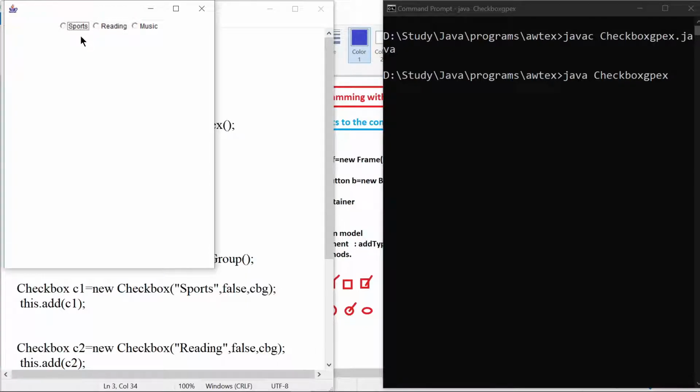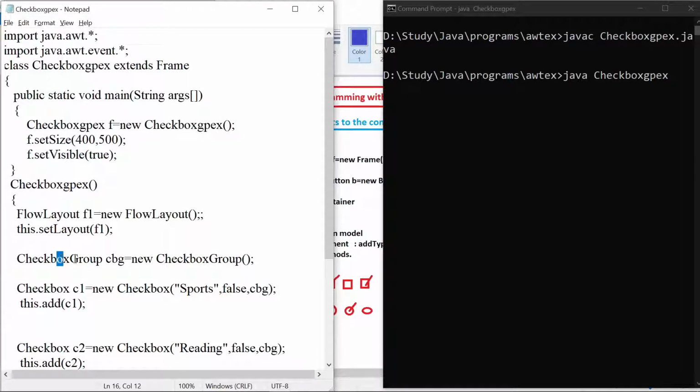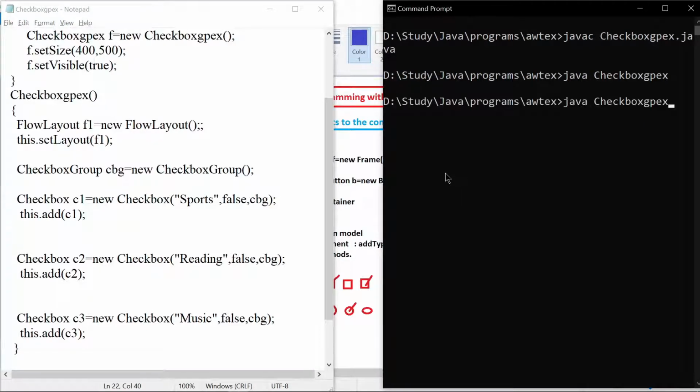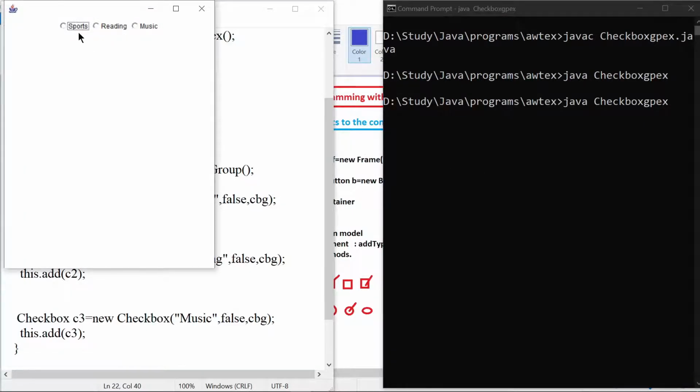Now you can see whatever earlier output we had created with checkboxes has been replaced with a small circle. You can select this one, or if you select reading, sports will be disabled. If it is a small checkbox, we get a square shape and it allows us to select both things. But here only one can be selected. Why? Because we have used a class called checkbox group, and these checkboxes have been added to that group so that it enables us to select only one option at one time. And as it is false, when you load this for the first time, all will be disabled. That's why it is false.